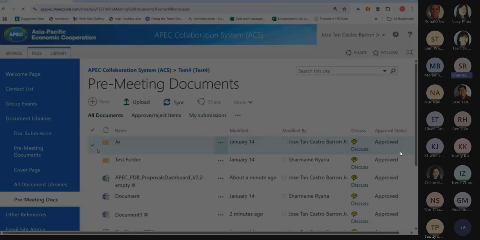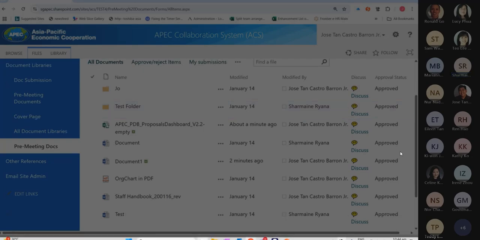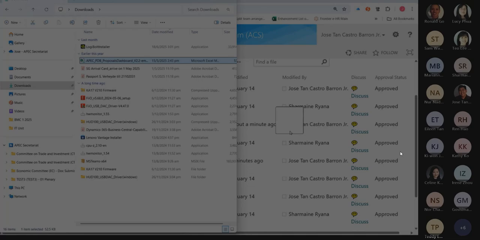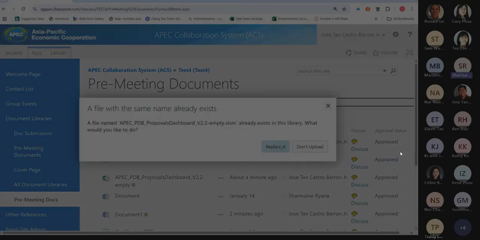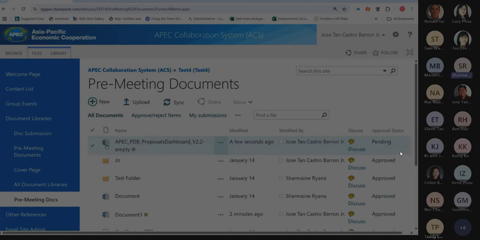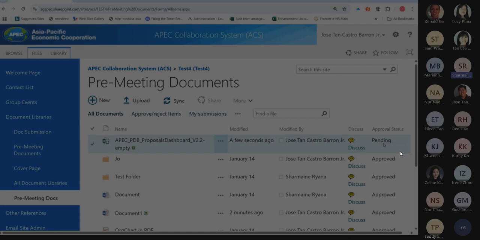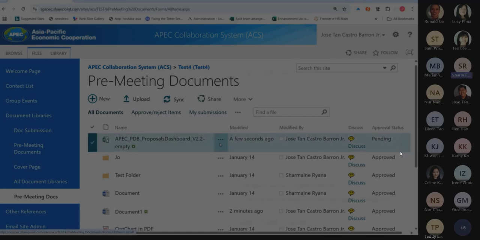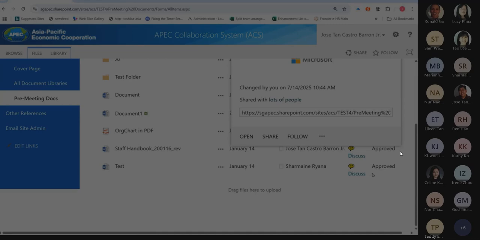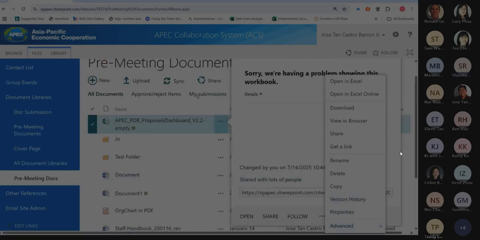I have now set up something similar to what you have on your libraries. So let's say we upload the document now. Yep, replace it. I want to show what is the icon for something that's checked out. This one. You can see on the side that it's pending. So this pending documents can be